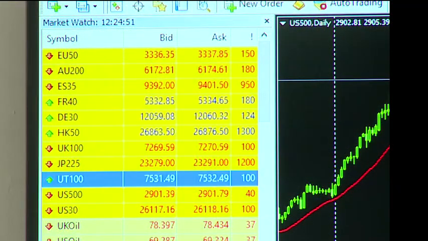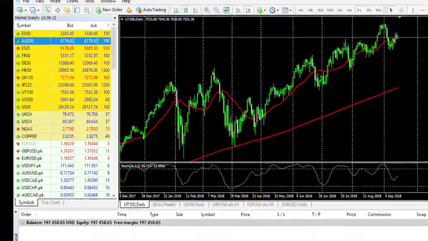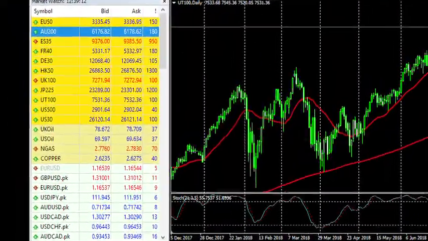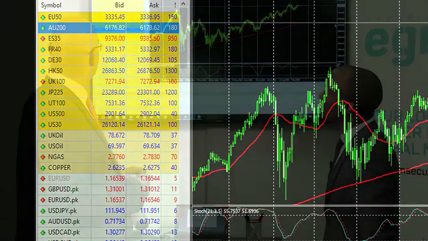Basically, you're saying you can trade any of these 15 indices with yourselves and get exposure to any of these markets in case you have a strong conviction about it. Yes, there are 15 of them, from Europe, Australia, Hong Kong, and America. We also have the Dow Jones, and also France.